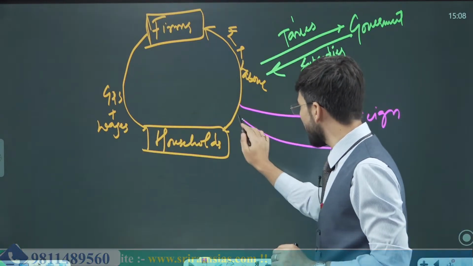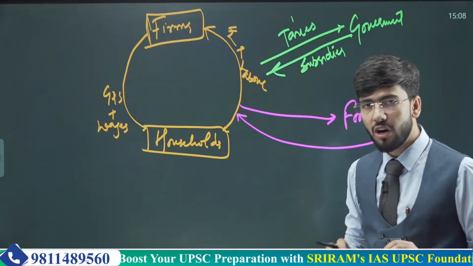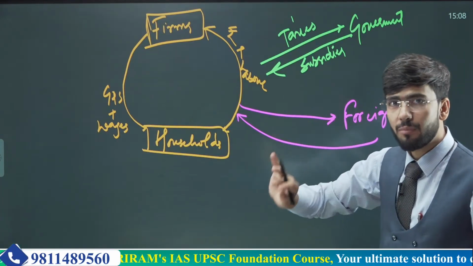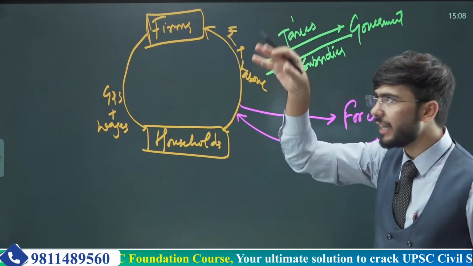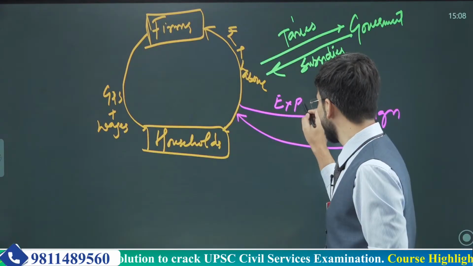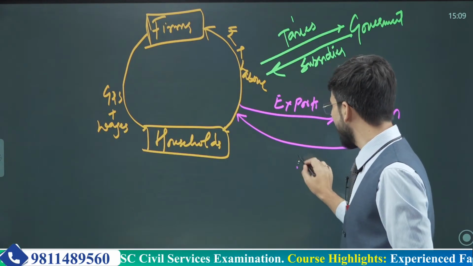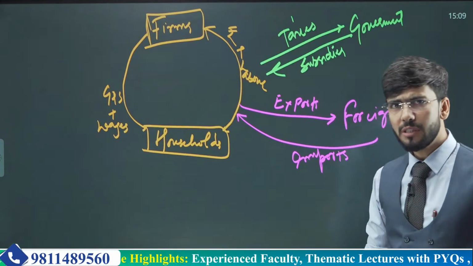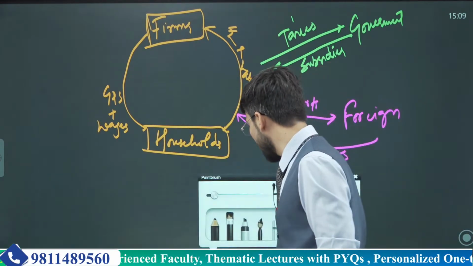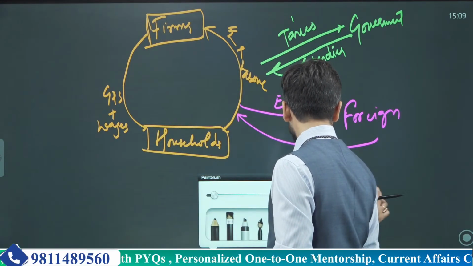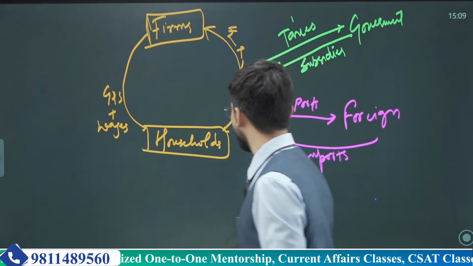And this market of ours, this economy of ours, this country of ours is receiving the products from foreign markets into our market. Therefore, there are exports and there are imports also. Very simple thing. Then we introduced one more sector of this economy, and this sector is again very basic,